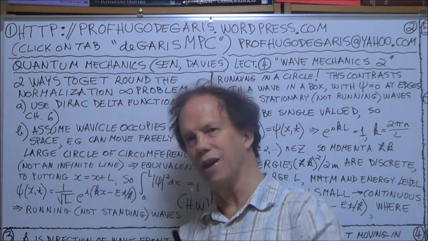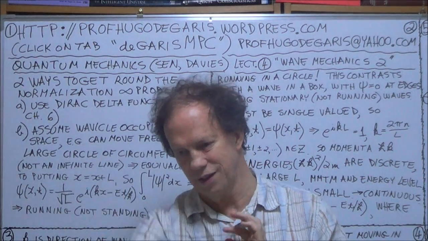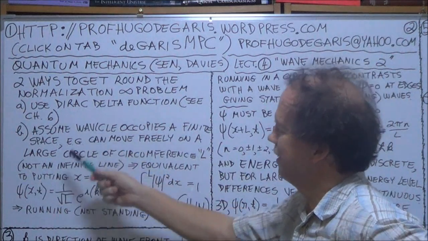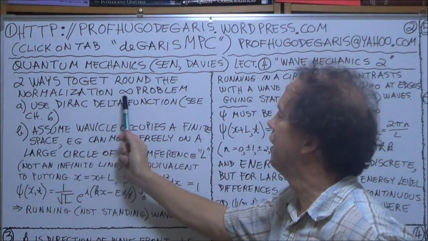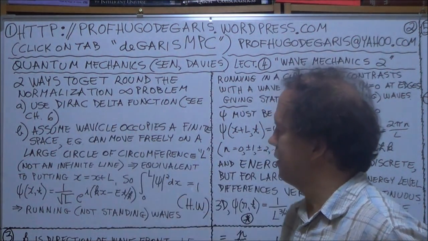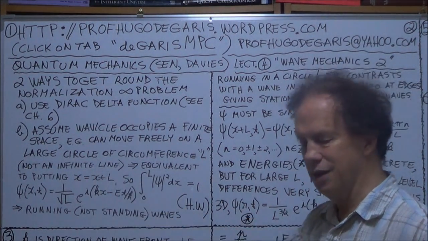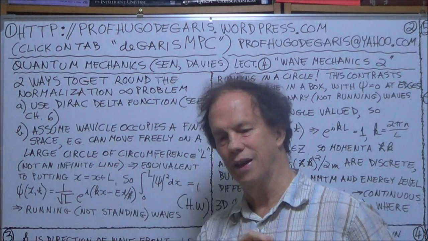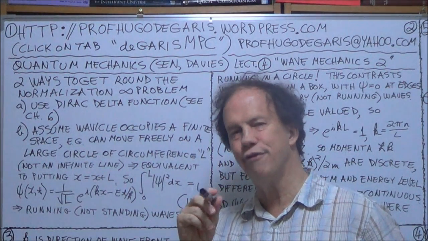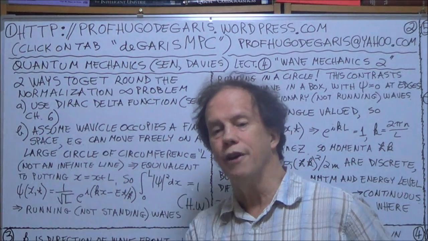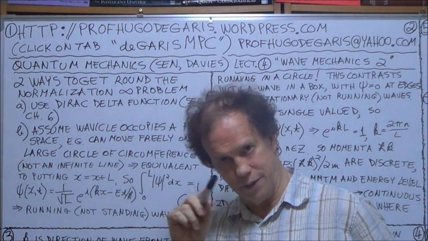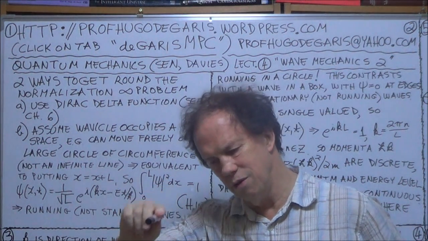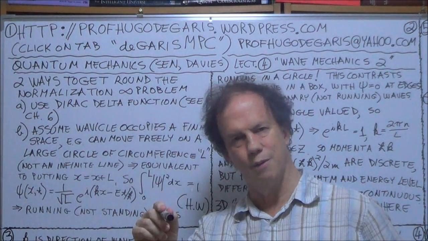You can send out a ray of light and it'll follow curved space and just come back on itself. So it's a similar idea here for trying to solve the infinite normalization problem. So imagine the particle is moving on a very large circle, but of finite, that's the critical word, finite circumference, L. So if you start at position X, and then you move around this circle of circumference L,